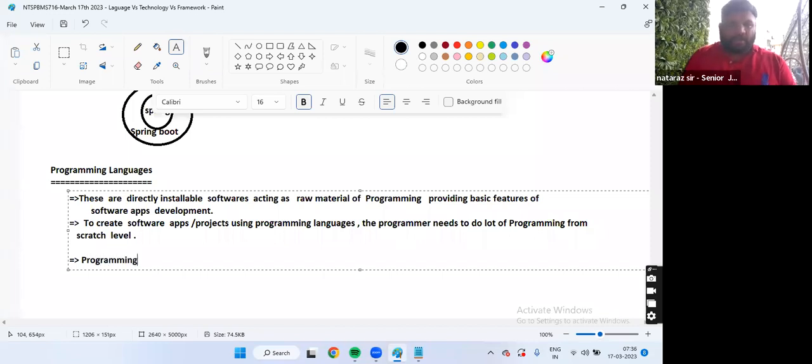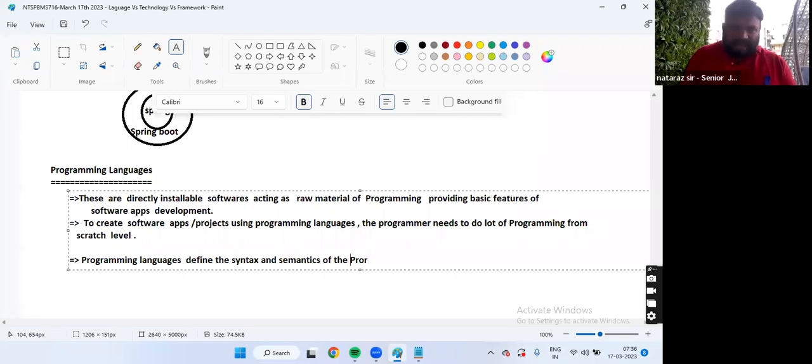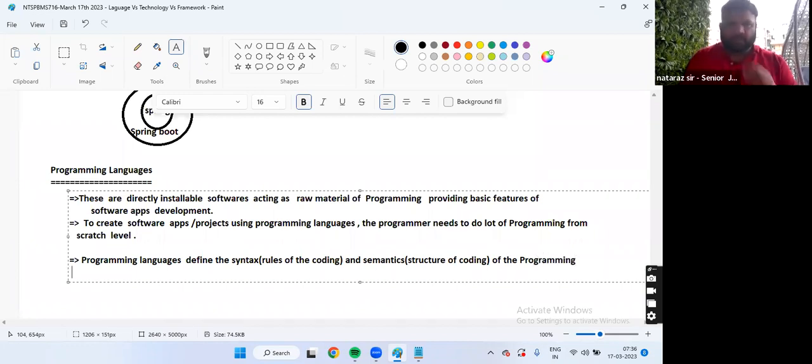So programming languages define the syntax and semantics of the programming: rules of the coding, structure of the coding, by giving built-in compilers or interpreters.